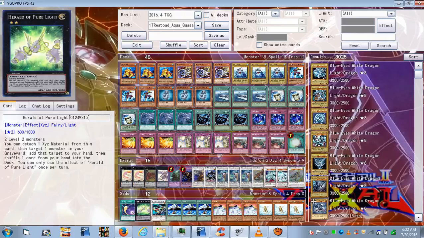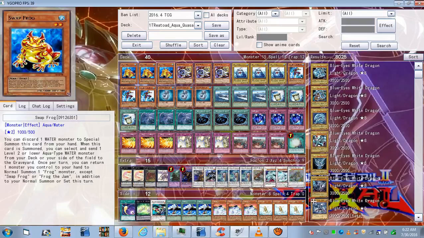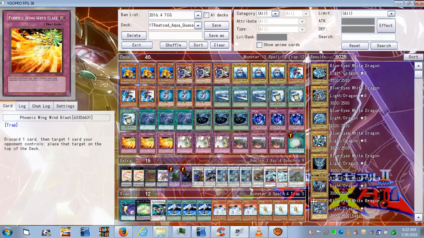The way I like to look at it, it's kind of like an Emerald. It'll let you add a monster from your graveyard back into your hand, and then take a card from your hand and shuffle it back into your deck. So it's a good way of recycling some stuff in case, for some reason, you want to put something back in your deck. Maybe a Swap Frog or something. Put it back in your deck,